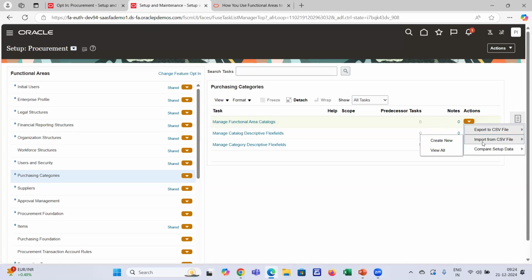So when you say export and import, when you export it's a zip file, enter the data and you upload back the zip file. Then the system will load the data into the application. This is called a bulk upload feature, which is available in Functional Setup Manager in the cloud. All right. Not only this, you can upload the entire functional area if you want, or you can also compare